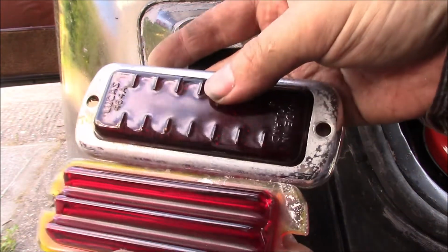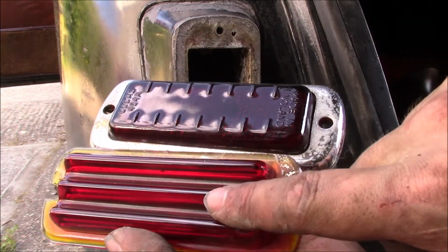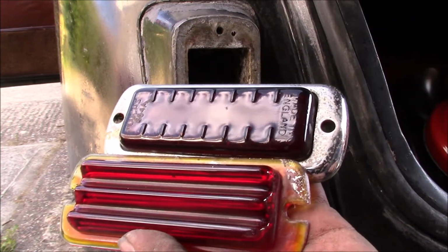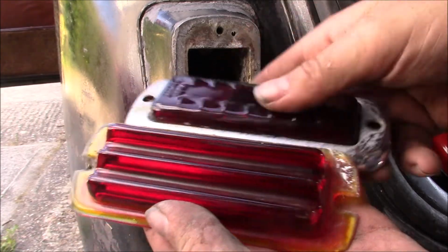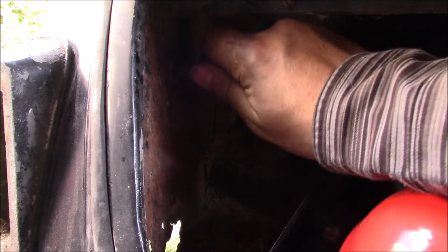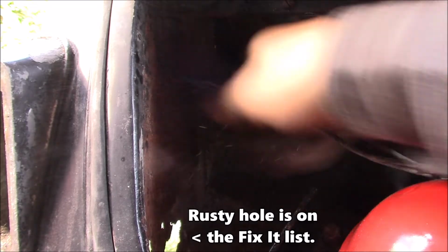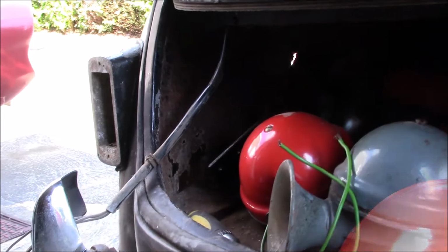They have different lenses as well. I do prefer this one, but we have got a spare one of these, so we'll probably switch over to this type when we put everything back together. Once you've got all that disconnected, you can reach the wire there and just pull it straight back into the car. So with that disconnected from there,